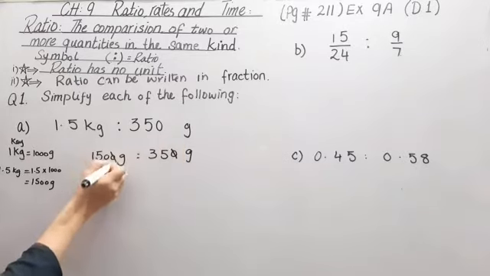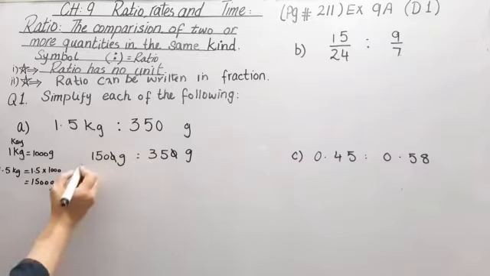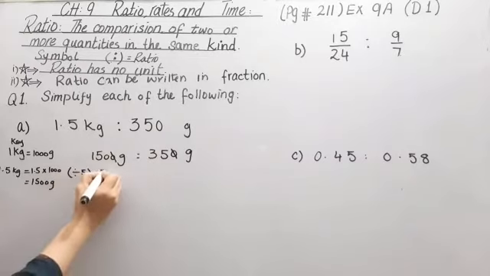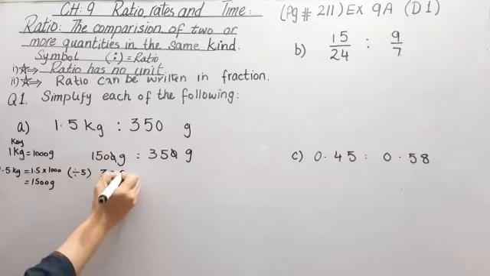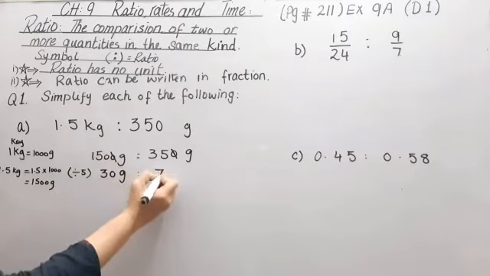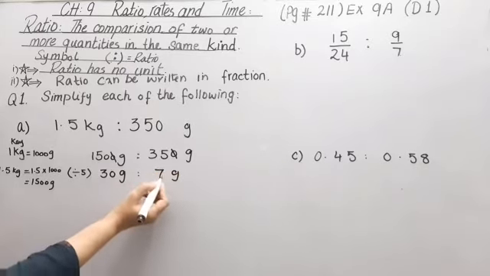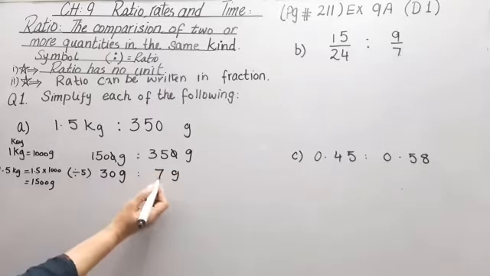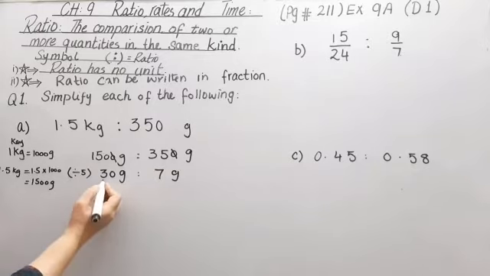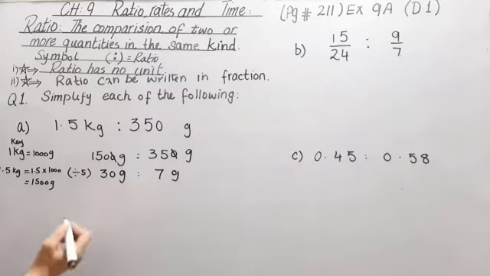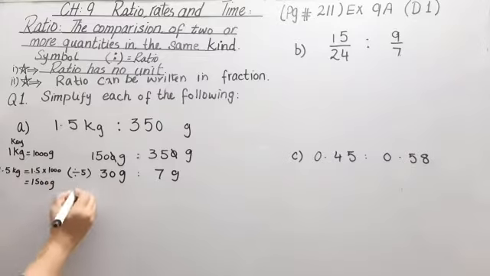This 0 will be cut with this, and we use the table of 5 here. 5 3s are 15, 5 zeros are 0 grams, 5 7s are 35 grams. This is our answer because 7 is a prime number and it will not be divided by any number. And the alternate method,